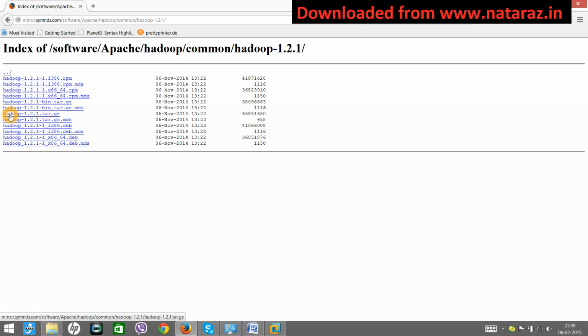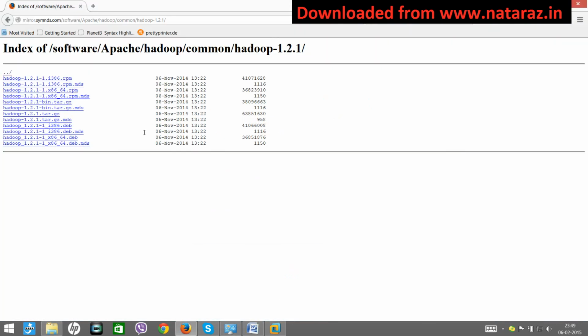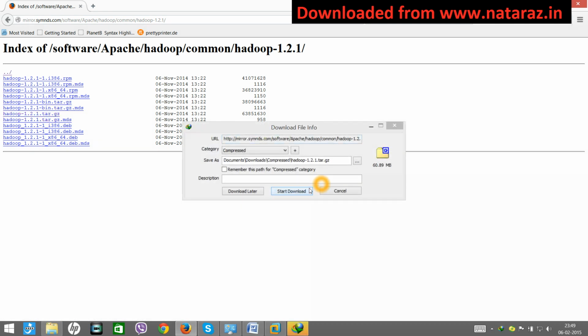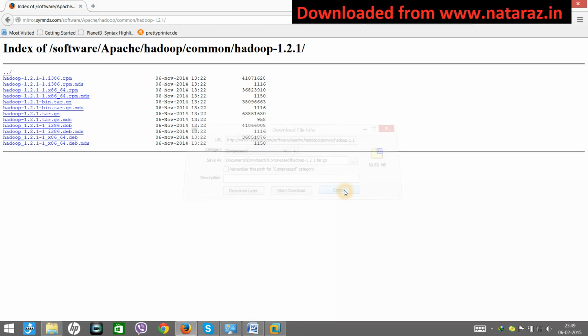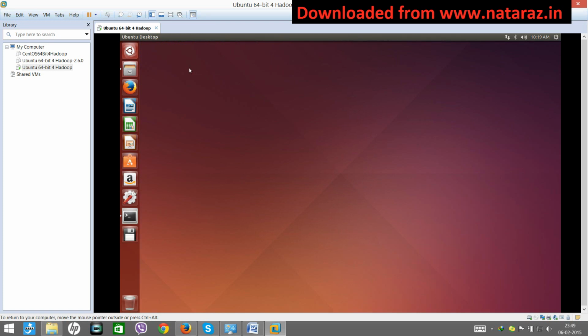So you choose Hadoop 1.2.1 tar.gz and download it. Then you drag it to your desktop, copy it to your desktop.